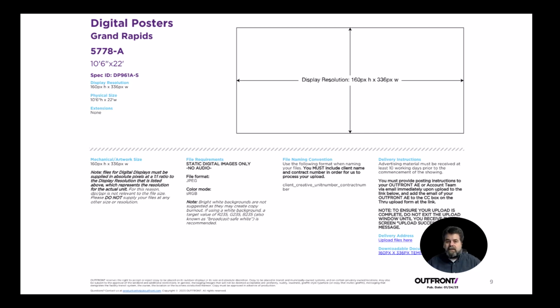Specifically, 22 feet wide, 10 feet and 6 inches tall. A bulletin size billboard would be wider. It would be closer to 10 feet tall and maybe 30 or 40 feet wide. This particular document, a specification document, lets you and your designer know what the specification of the artwork is that can